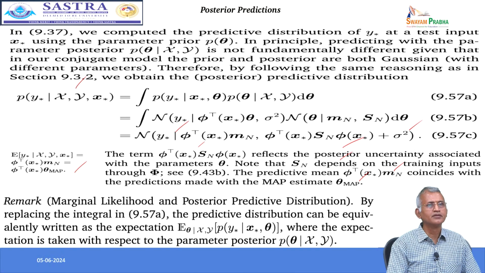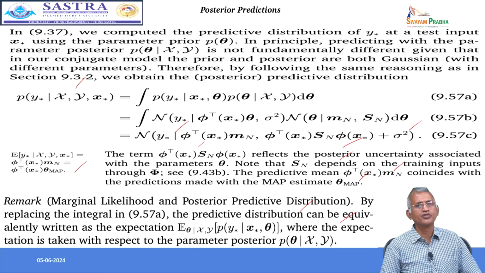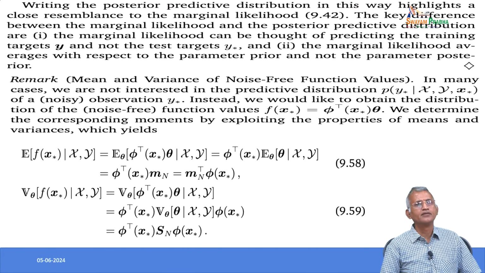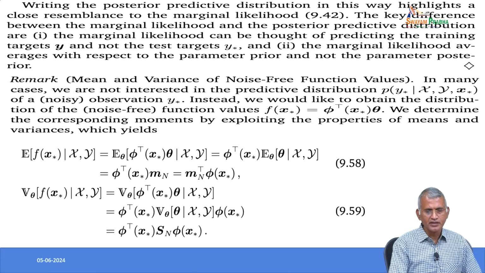So, we have a note: the marginal likelihood and the posterior prediction distribution, by replacing the integral in 57a. So, the predictive distribution can be equivalently written as the expectation E_θ|x,y of p(y*|x*, θ), where the expectation is taken with respect to the parameter posterior p(θ|x, y). So, writing the posterior prediction distribution in this way